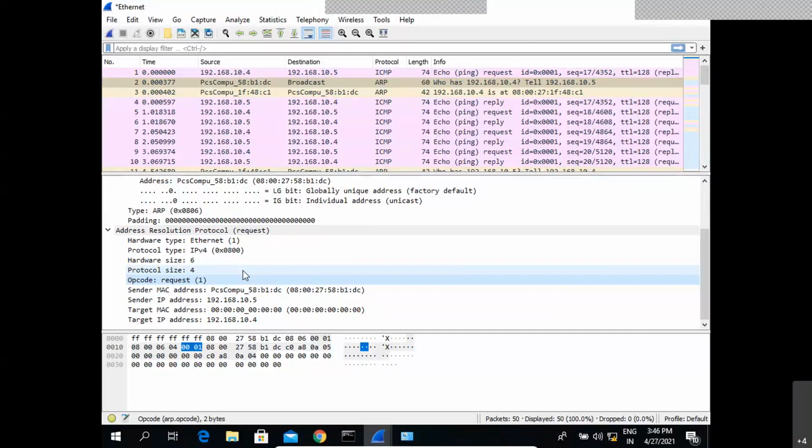Now let's say I have sent an ARP request. It will be received by all the machines in the network. The actual machine to which this IP address belongs will give me the reply. Now in the third packet, we can see this is a reply.